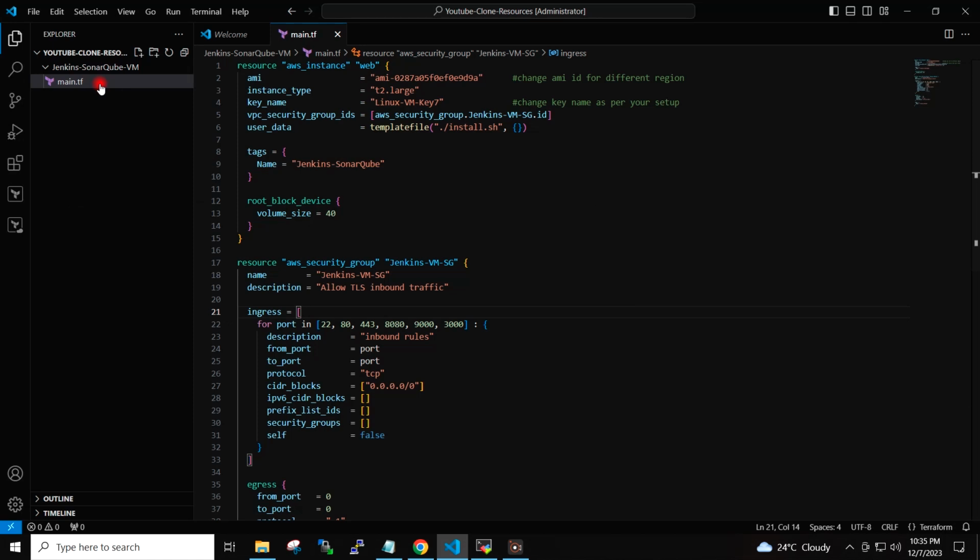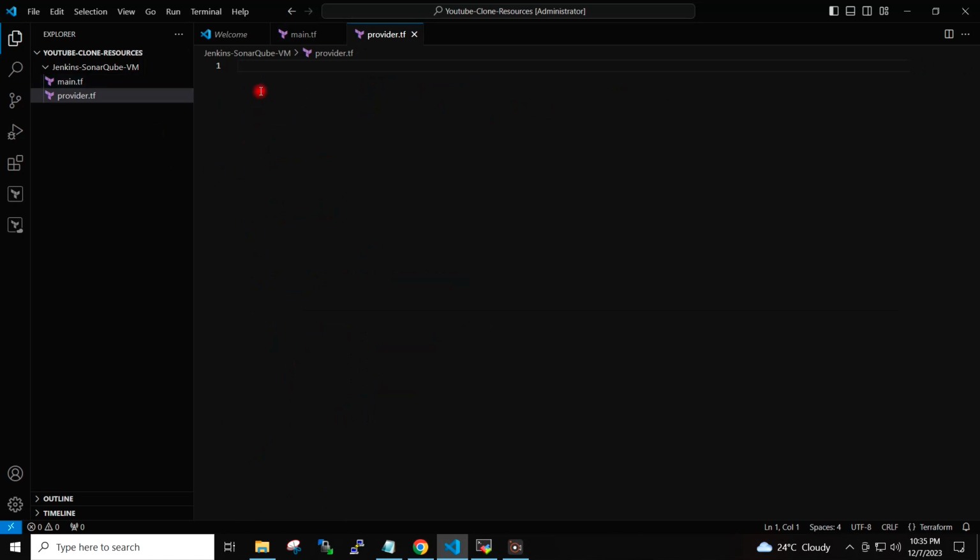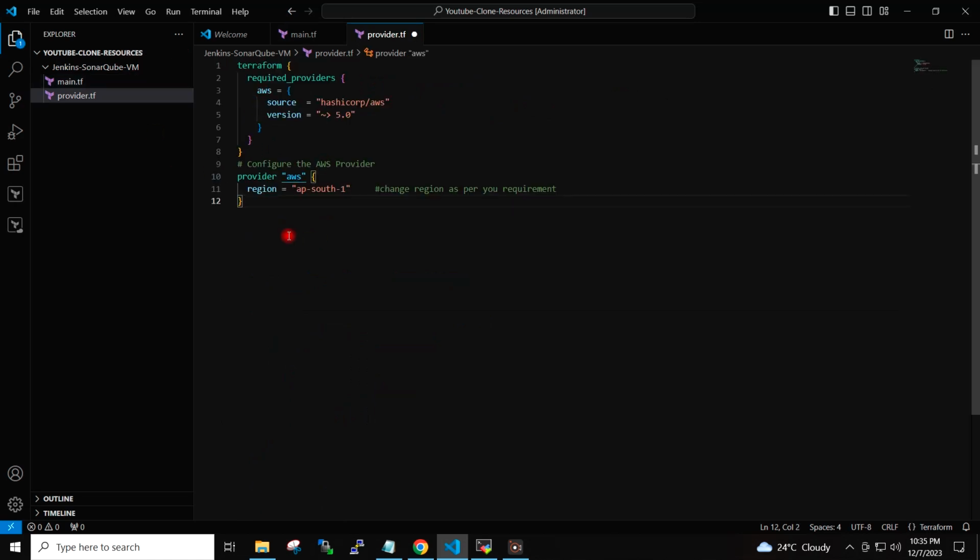I will now create one more file, provider.tf, and I will provide the content in this file. Here we are registering the provider, which is AWS. This is my region, ap-south-1. I will save this file,